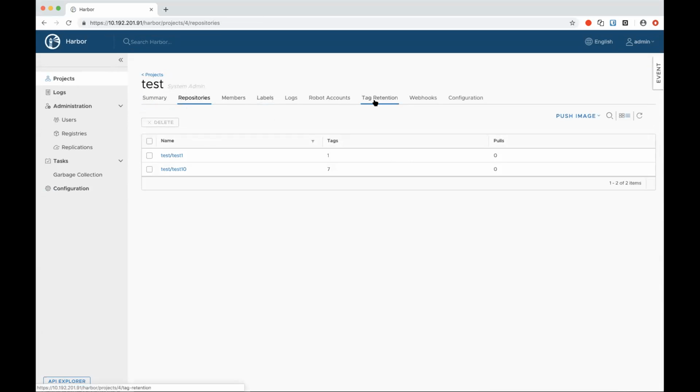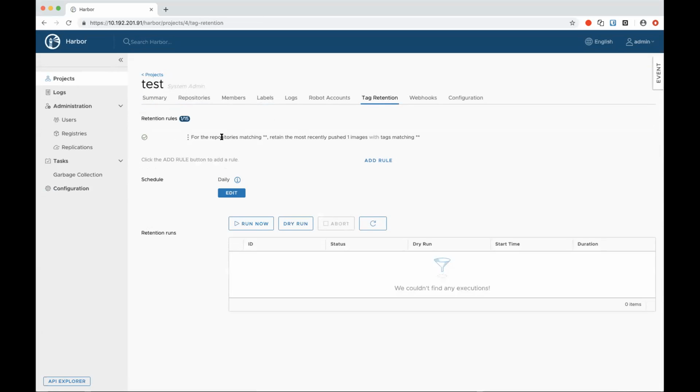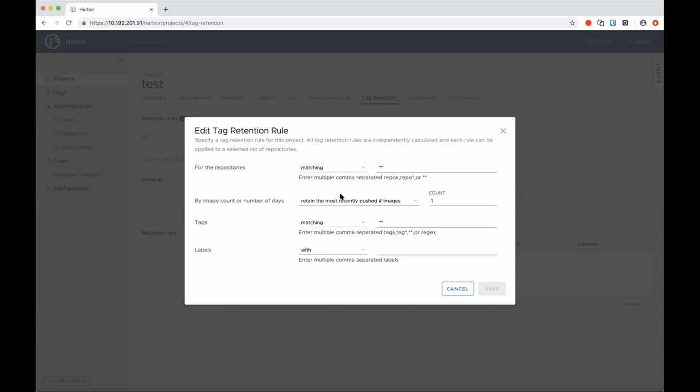Here, I will add a tag retention rule. I will retain the most recently pushed, for example, 3 images, with tags matching star, with label anything.